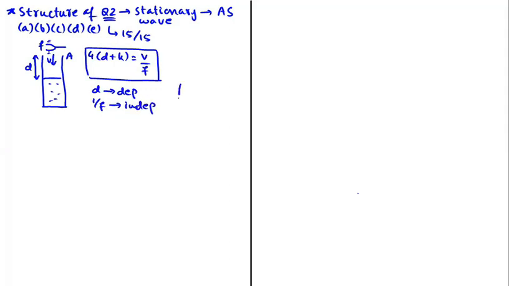Because D is to be taken on the y-axis and 1 over F on the x-axis, and K and V in the equation are constant. Now students, in A part of graph question, which is always for 1 mark, we are always asked to use this information and determine expressions for gradient and y-intercept.